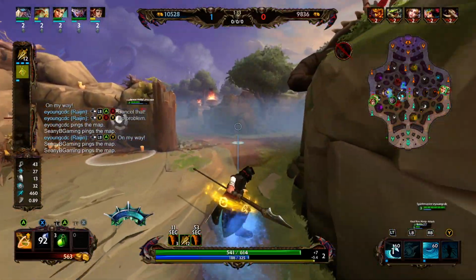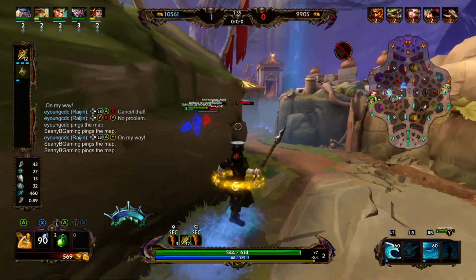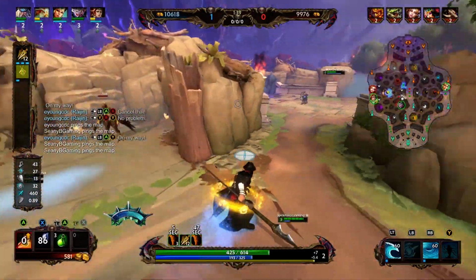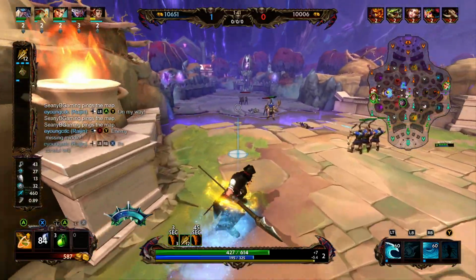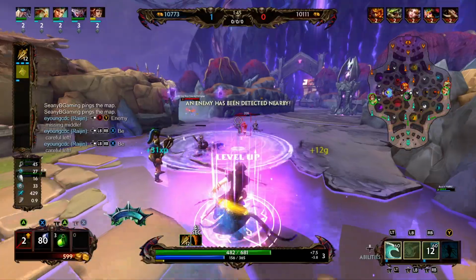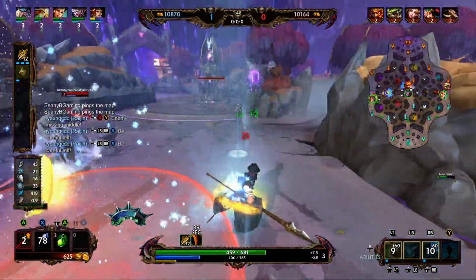So we were able to steal the enemy red buff, hit the oracles, and now we're going to make our way to our red buff. It looks like they may have actually hit our red buff, which is a very nice play since we invaded theirs. We're going to go ahead and rotate back to mid, clean up this minion wave, and now we are